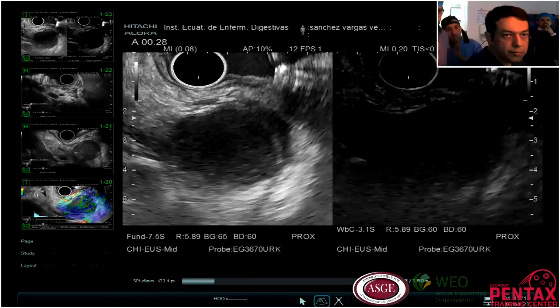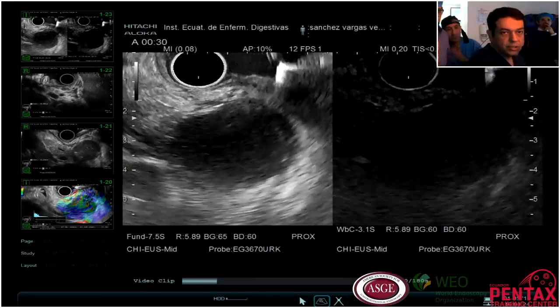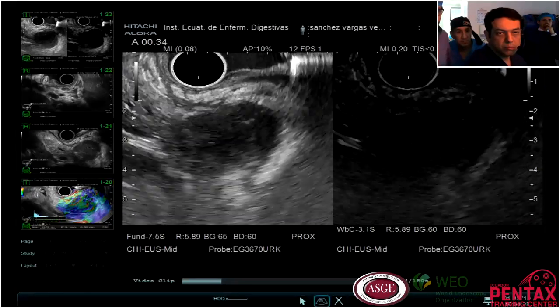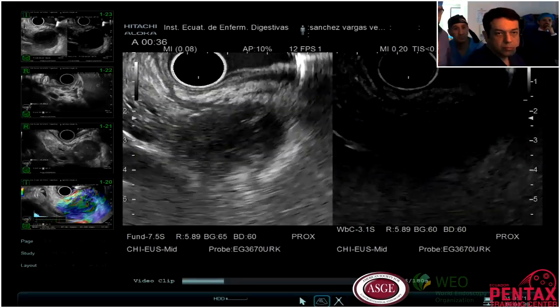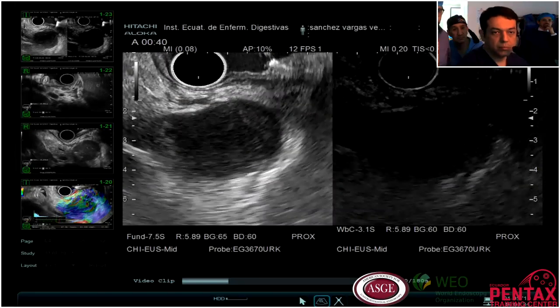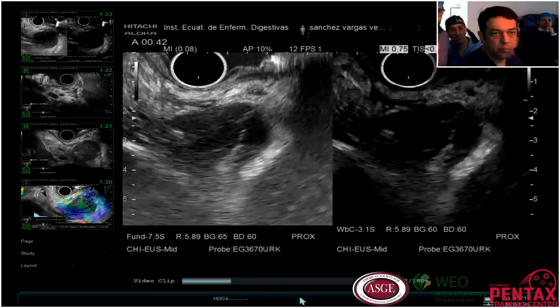So you can see there is nothing inside. I think it's a pseudocyst.